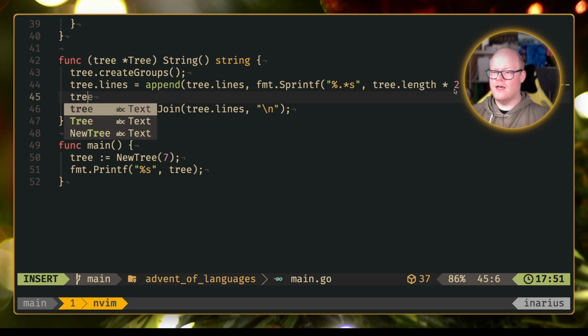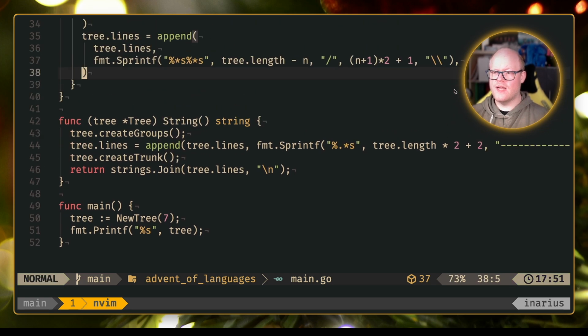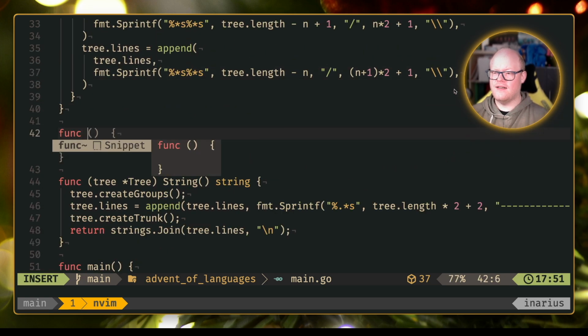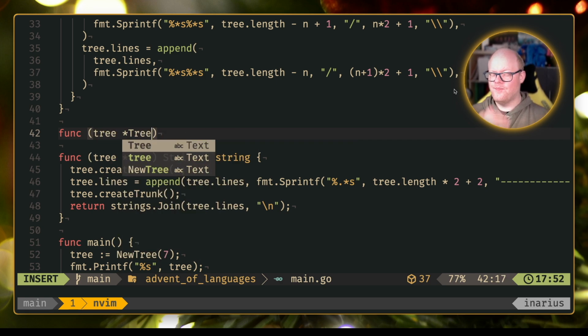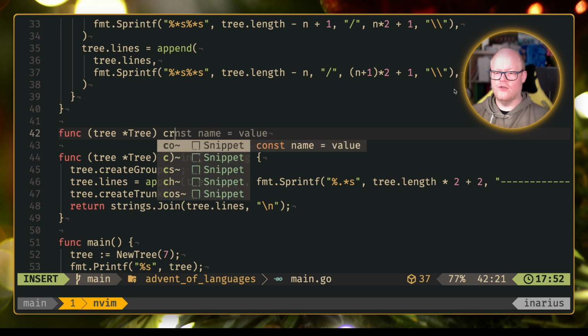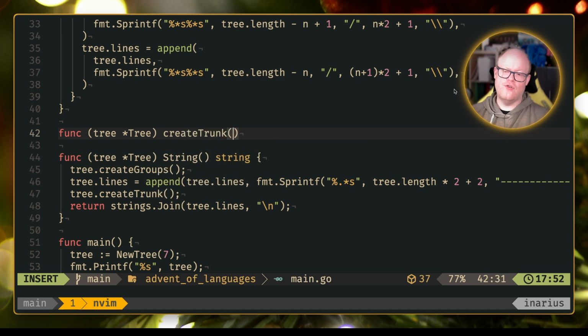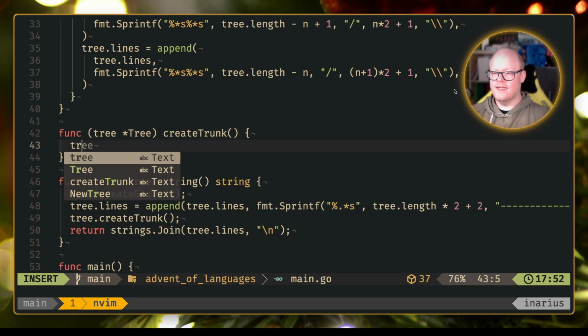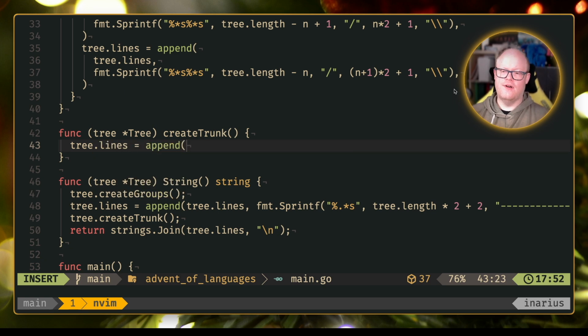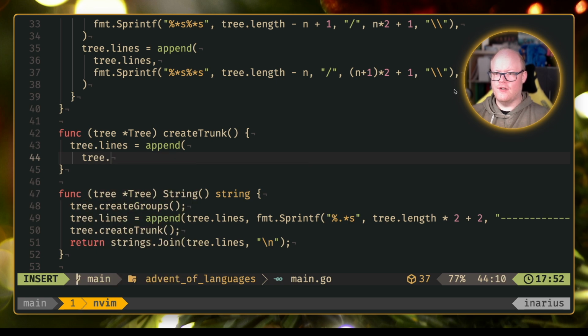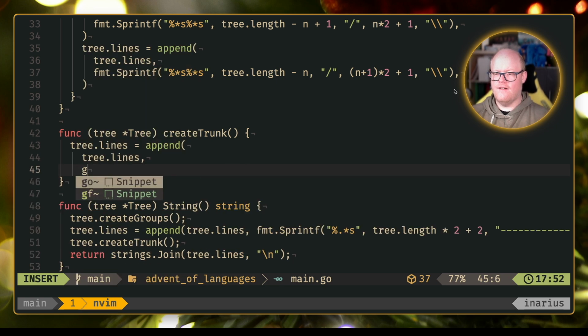And the only thing that we now still need to do is create the trunk. And once we have done that, let's define a function for that. Func on a tree pointer there. We want that one, and it's called createTrunk, and it will return nothing. And what it does is it goes ahead and appends to tree lines another formatted construct. So tree lines